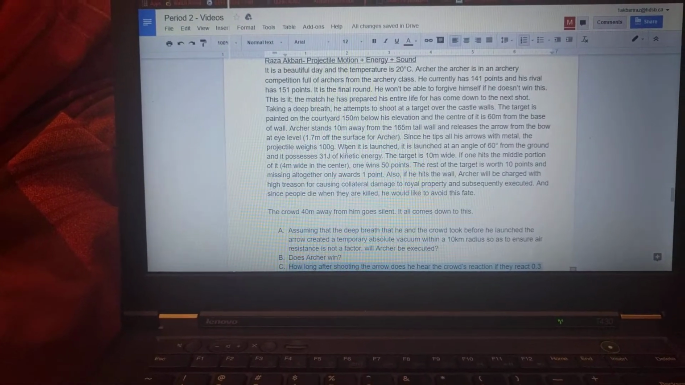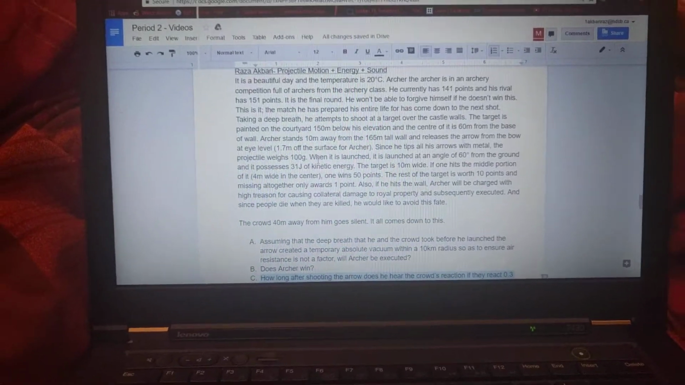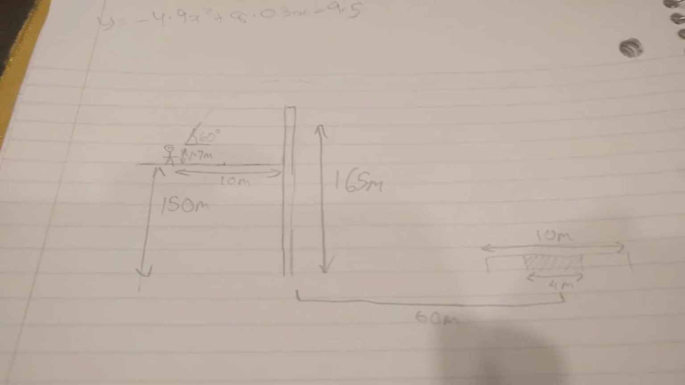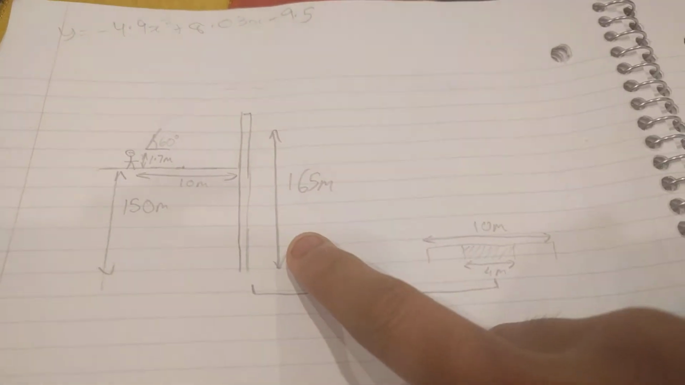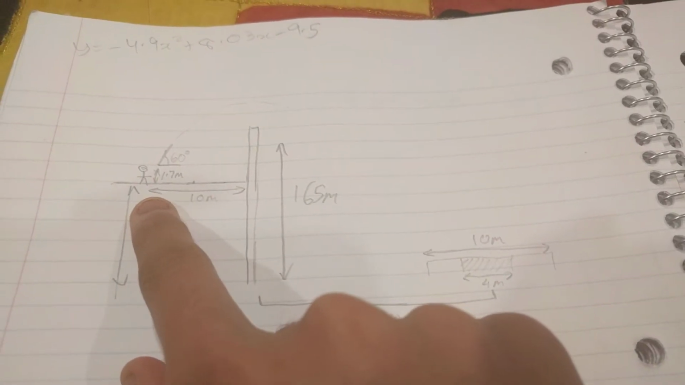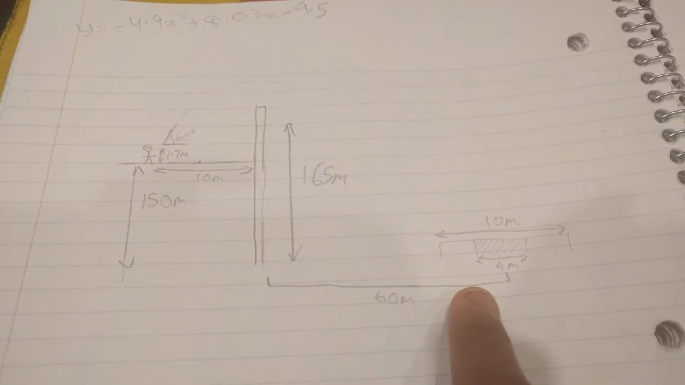So the first thing that we always do with any projectile motion question is draw a diagram. So that's what I did here. So this is the diagram that I drew. As you can see, the castle wall here is 165 meters tall. The archer's elevation is 150 meters above the ground where the target is, and the center of the target is